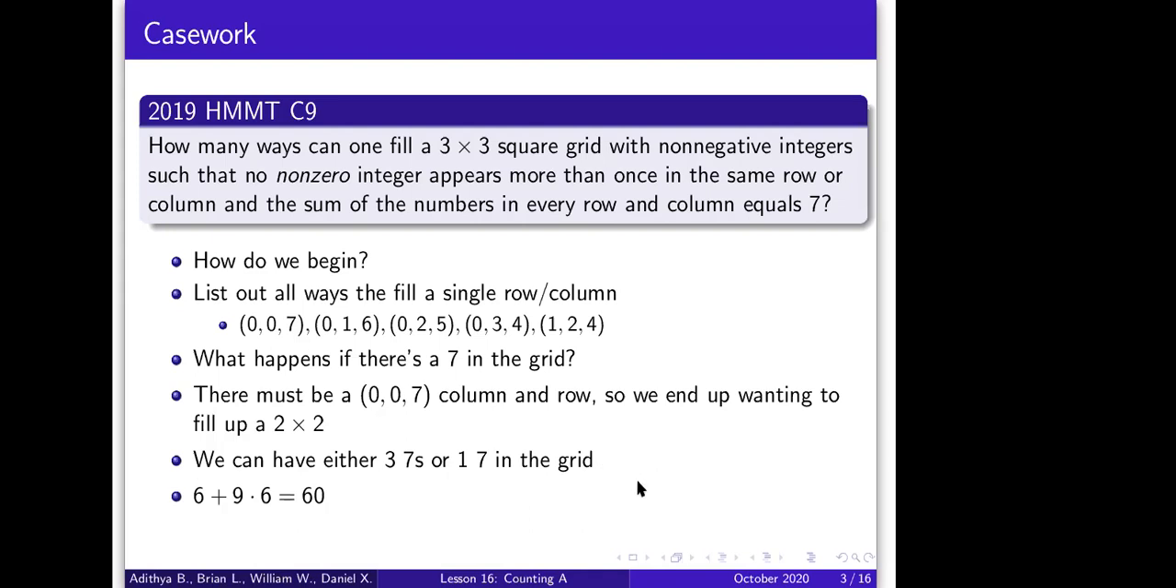Well, it's simply just a permutation of the rows. We have 3 places to put the 7 in the first row, then 2 places left to put it in the second row, and 1 place for the final row. If there's only a single 7 in the grid,